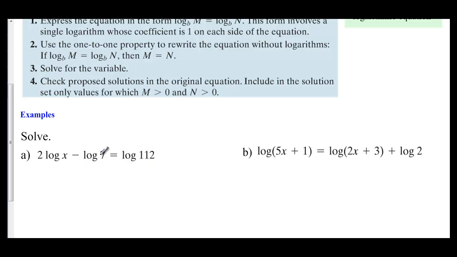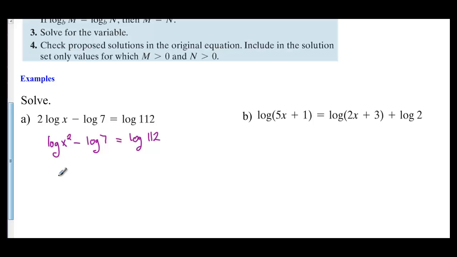We can combine this into one log statement, so into one logarithm. To do that, we're going to first use our power rule. So this 2 is going to come up to this x as x squared. So we're going to have log of x squared minus log of 7 equals log of 112. And now we can use our quotient rule to combine these. So we're going to have log, and we're going to have the x squared on top divided by 7